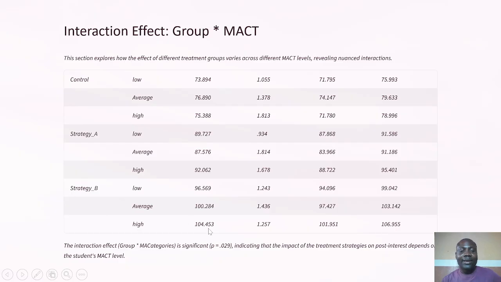Strategy B, we have high, students with high mental ability. They are the ones with the highest post interest, followed by those